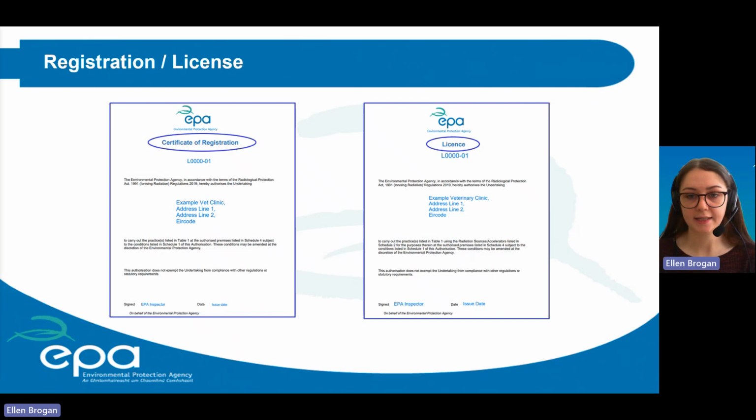So depending on the practices carried out in the clinic, you will have a registration or a license, which is shown on slide. And in order to obtain a registration, the undertaking or veterinary practitioner must complete a self-declaration form through the application process in Eden, and to prove they are compliant with IOR 19,